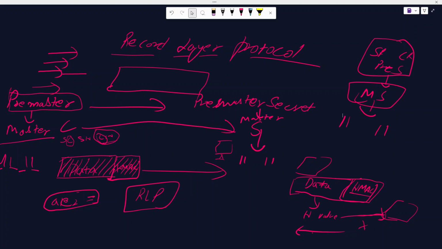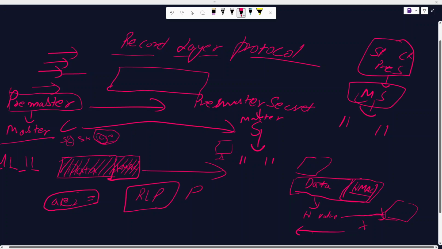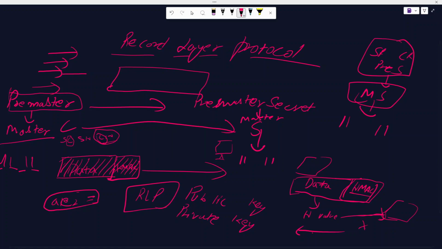Sir, in which place is the symmetric key used and in which the asymmetric key? Asymmetric key is used during the SSL handshake, right? We discussed the pre-master secret. Oh, sorry, the public key and the private key, right? Yes, sir. So asymmetric encryption and decryption you can easily spot by